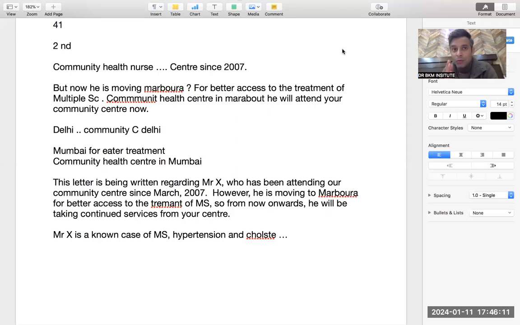Now, how to judge whether we will get 450 or 350, because everybody has got the same question paper? How will we get 450? How will we get 350? That depends upon how many mistakes you make. If you do not make any mistake, you will get 450. If you make three mistakes, you will get 400. If you make four or five mistakes, you will get 350. If you make more than five, you will get 300 or less.